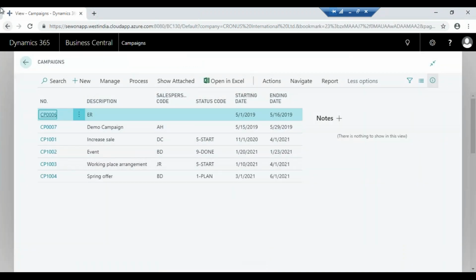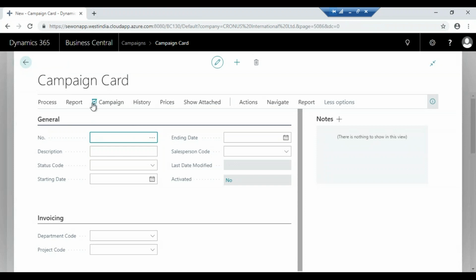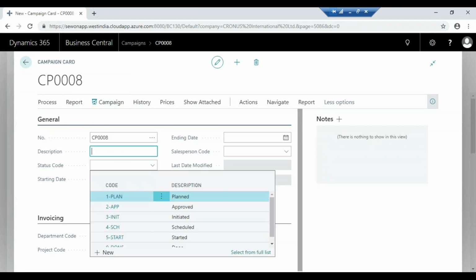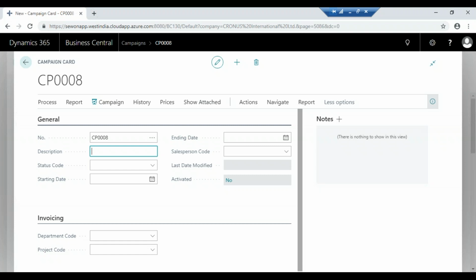Then there's a list of campaigns which is getting opened here. Now I click on New. So a card page opens which allows me to enter my campaign details. Now I need to press Enter so that it auto-populates the number, and then I can just write, this is a campaign for a demonstration,